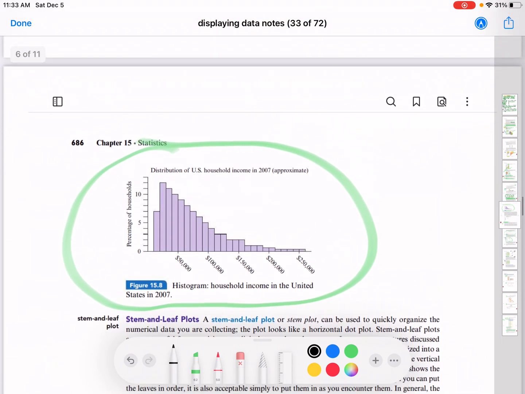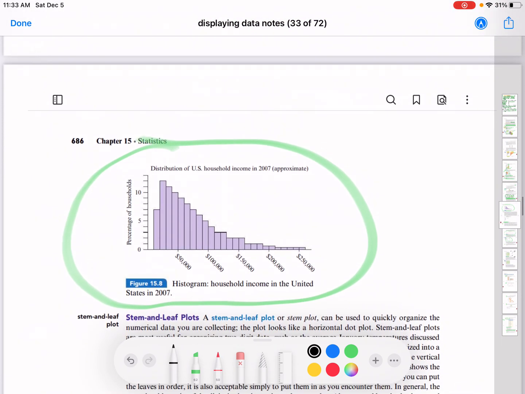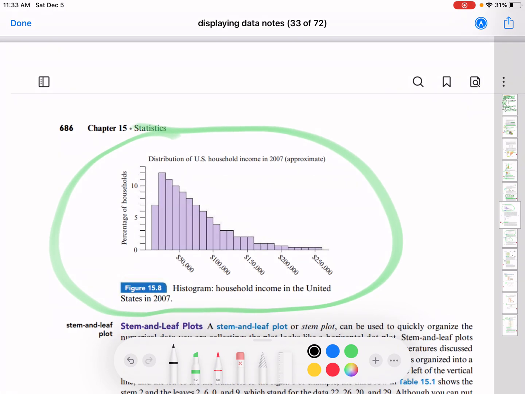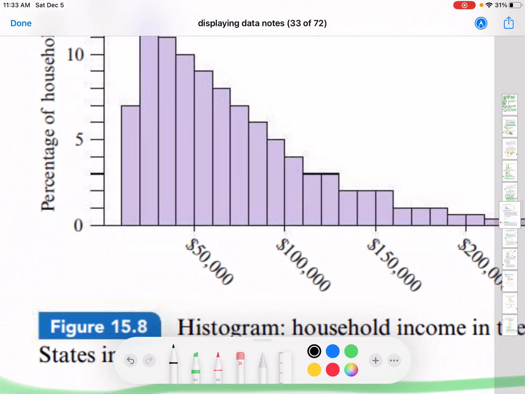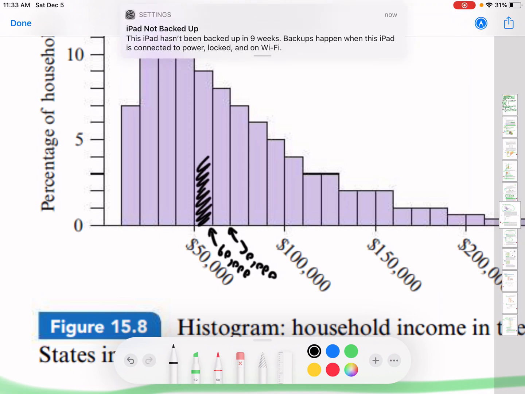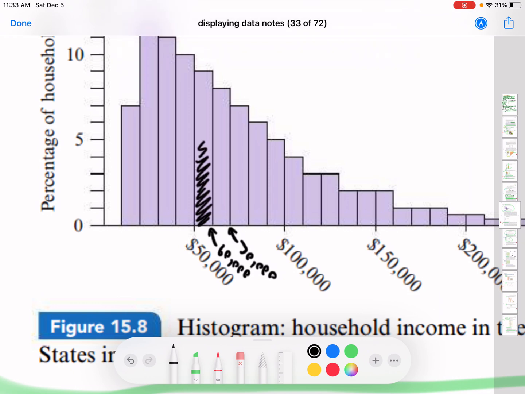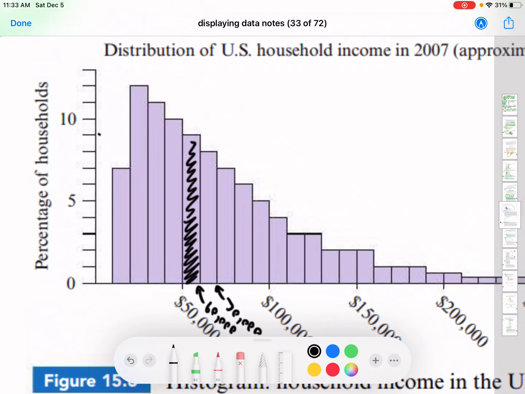All right. Now, here is another one. This is a histogram of the household income for the United States. Now, these have to be categories. And so let's see, I think this is, right here would be 60,000. Right here would be 70,000. And so this represents people or families that made between $50,000 and $60,000 that year. And so if we were to come over here, you could see that that's about 9%,